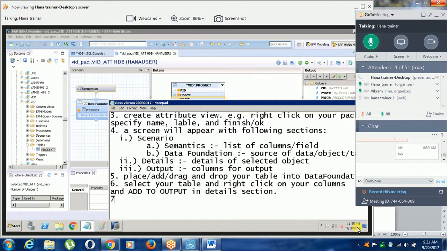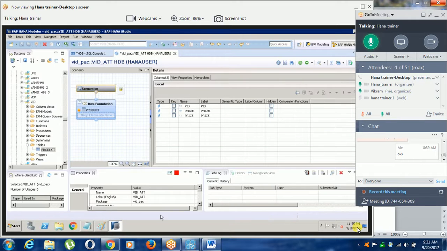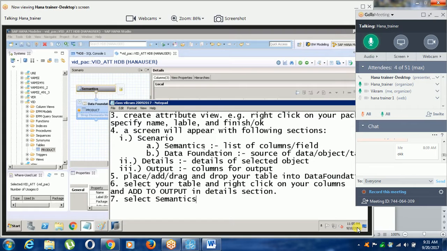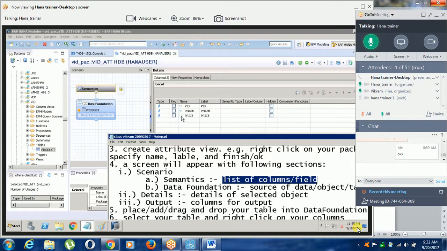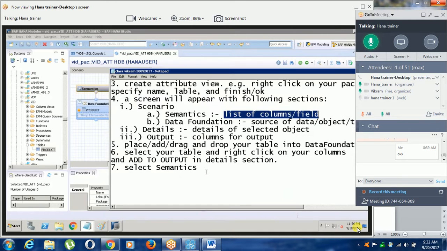After that, select semantics. I explained to you semantics means list of columns. Here you can find the list of columns.